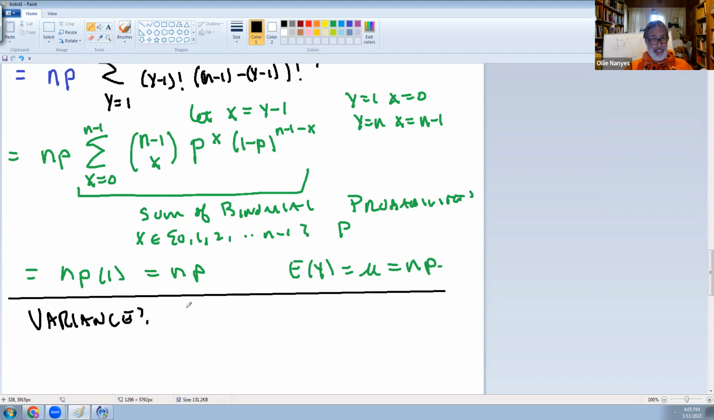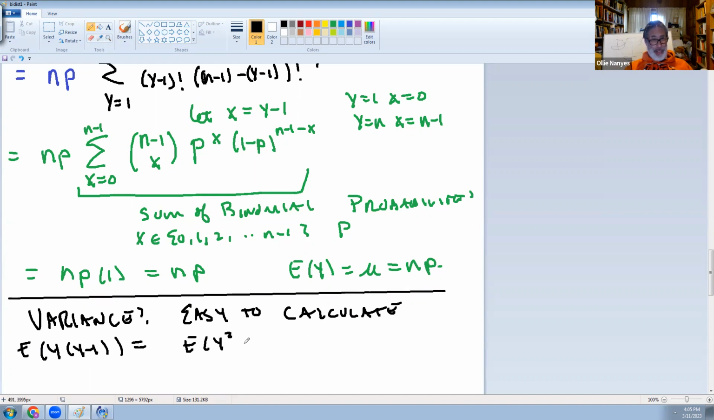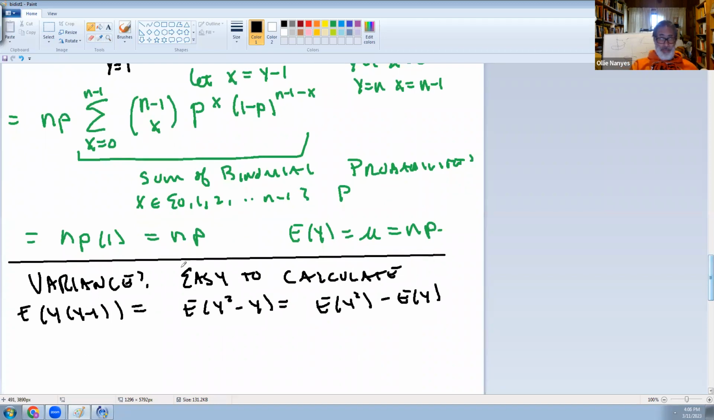Well, here it's easier to calculate the expectation of y times y minus 1, which turns out to be the expectation of y squared minus y, which is the expectation of y squared minus the expectation of y. And then this becomes somewhat easy. Then the variance, which is equal to this,